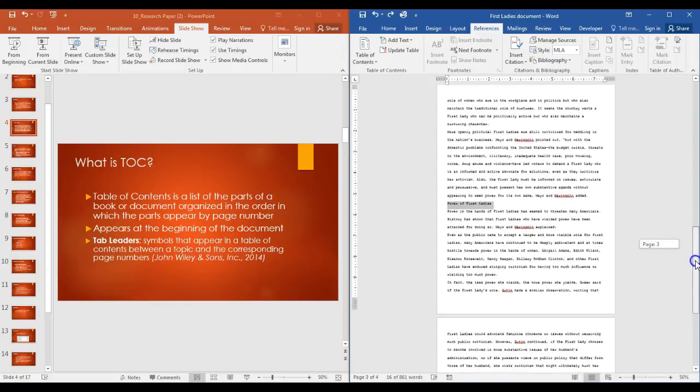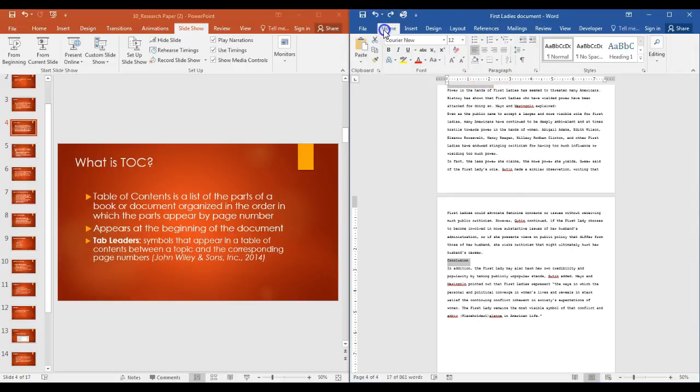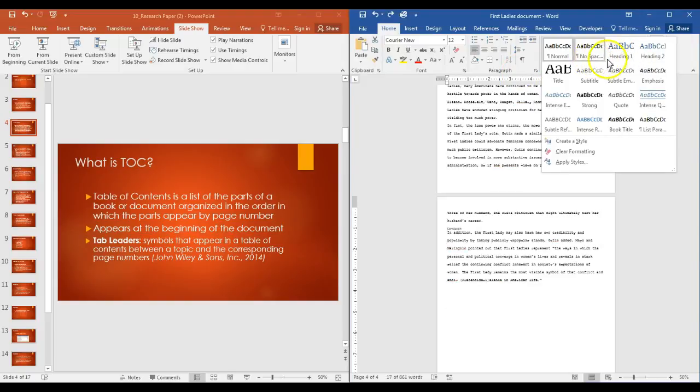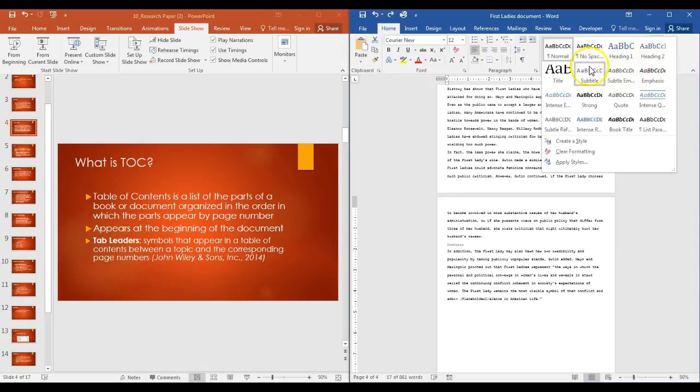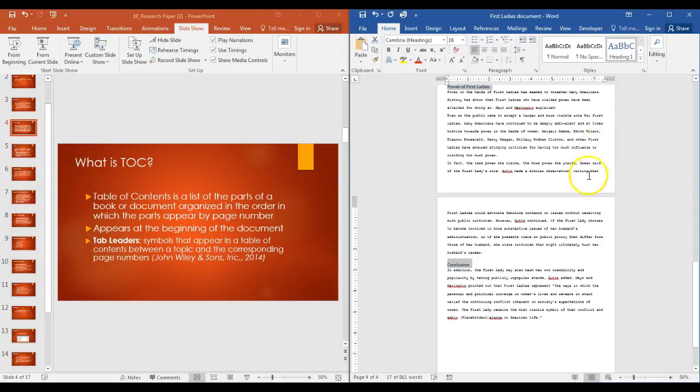Power of first ladies, and then lastly we'll have the conclusion. And so here you would go up to the Home tab, and over where it says Styles, and you can see there are different paragraph headings, you could select heading 1. And this will notify Microsoft that we are going to be using these